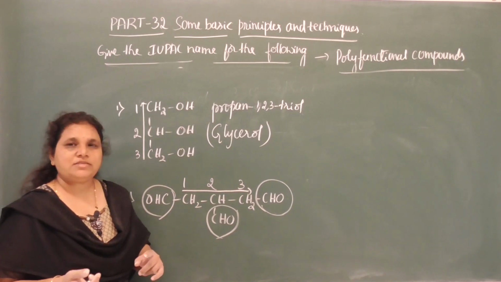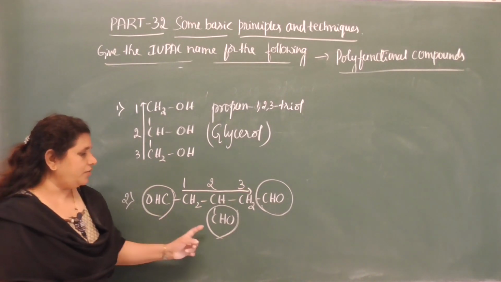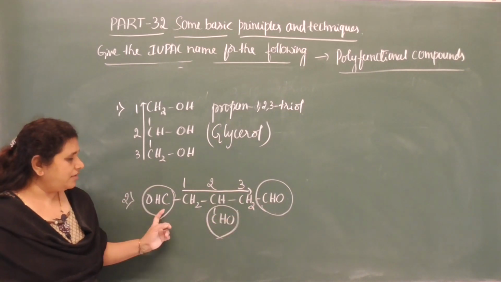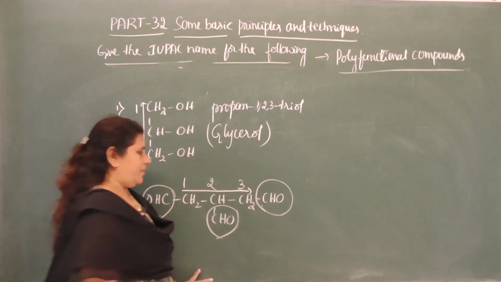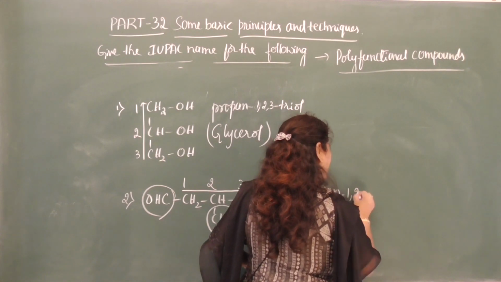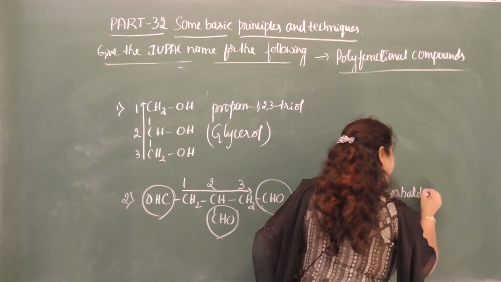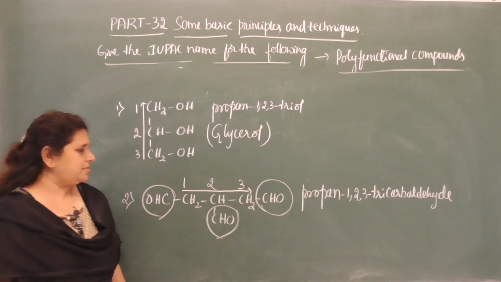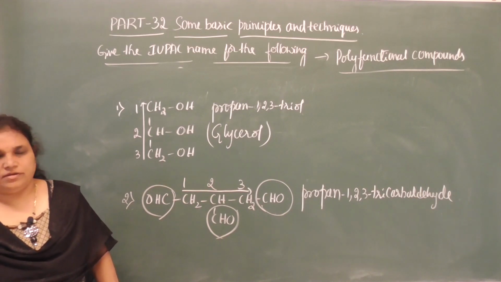And if we use AL it indicates itself that we are considering the carbon atom to the root word. So here we have to use carbaldehyde. So how many carbaldehydes are there? 3 carbaldehydes are there. Tricarbaldehyde. What is the position? On the first carbon, second carbon and the third carbon. Therefore, propane 1, 2, 3 tricarbaldehyde is the IUPAC name of this compound. Okay. Move on to the third one.